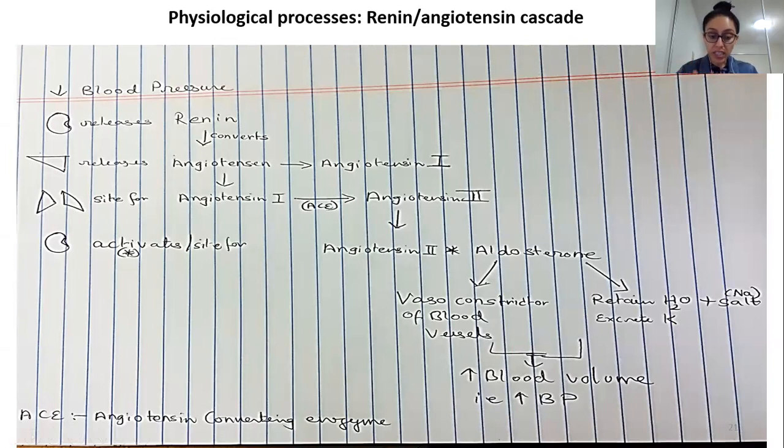Okay, so guys, remember, anybody who has low blood pressure, sometimes you know how individuals don't drink water throughout the day because of XYZ reason, and then they may start showing symptoms of low blood pressure, which is like headache, dizziness, and nausea and things. So this renin-angiotensin mechanism happens for anybody who is experiencing low blood pressure. Okay, so this is a normal healthy mechanism which happens for anybody.